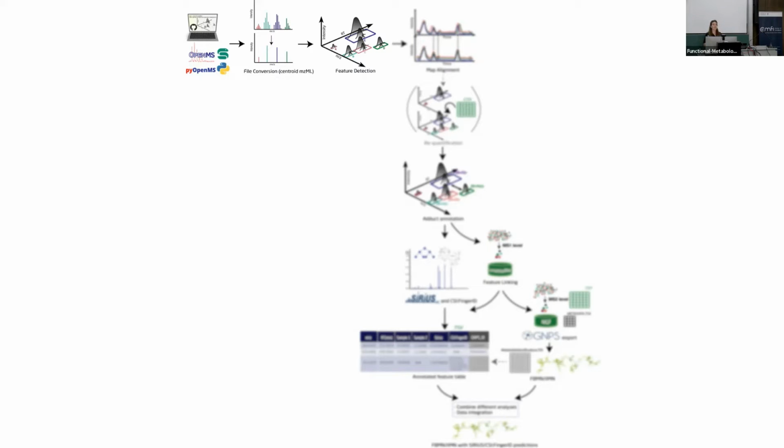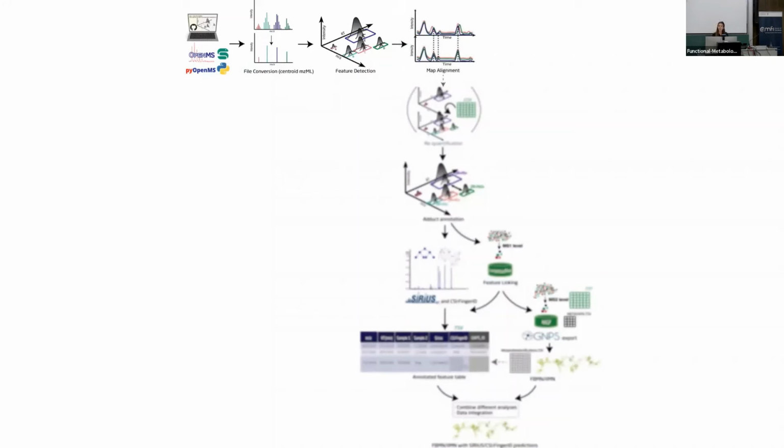And then it assembles single mass traces into a feature. So really data reduction and feature detection and filtering. And here, a very important thing to add is your parameters. So you have to know your instrument, you have to know your data and see where the noise threshold is and how your data looks, so you won't remove important metabolites, basically.